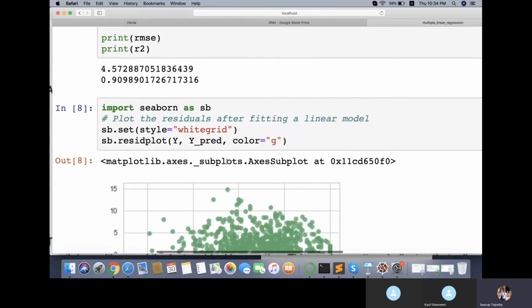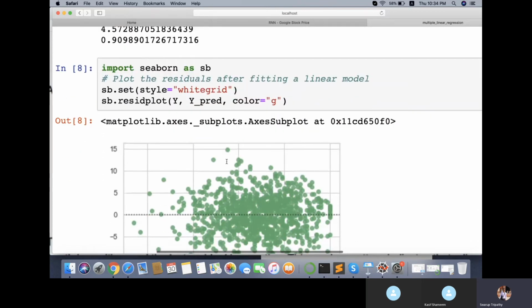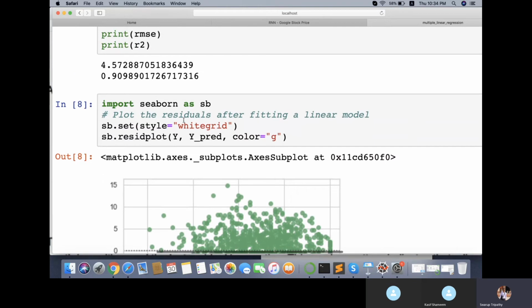residual plot. This is a plot called a residual plot. For this we have to use the Seaborn package. In this we have this plot. Here I'm saying import Seaborn as SB. Then I'm setting some style in Seaborn. Then SB dot resid plot. Resid plot means residual plot. You have to pass your observed value and predicted value, and then it will give you the plot. You just do this on your data set, whatever you practiced last time.